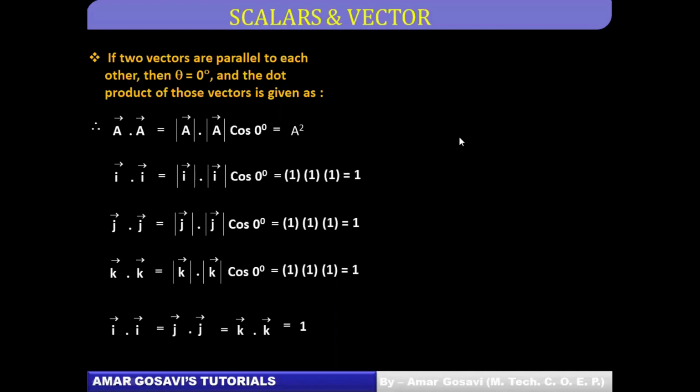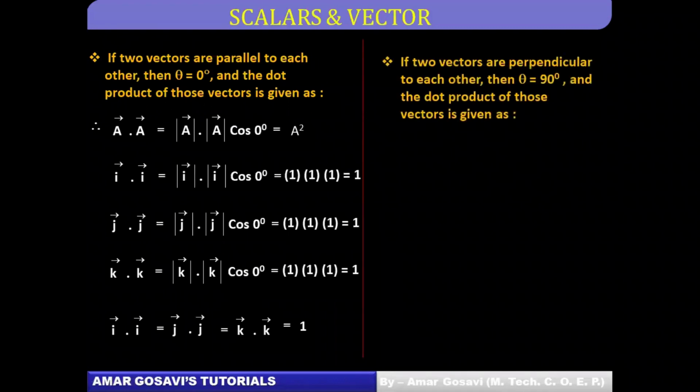Yeah, so let's put a partition over here. Let's say instead of 0, the two vectors are perpendicular, so the angle between the two vectors will be 90 degrees in that case. And we all know cos 90 is 0. Unlike cos 0, which is 1, we are aware that cos 90 is 0. So in that case, the dot product will be represented as follows. Please concentrate, it is a very crucial step.